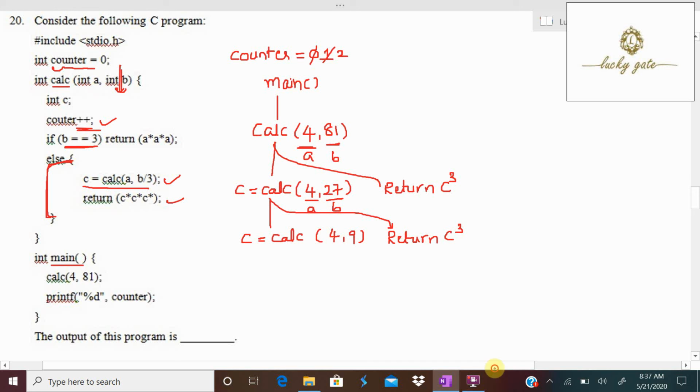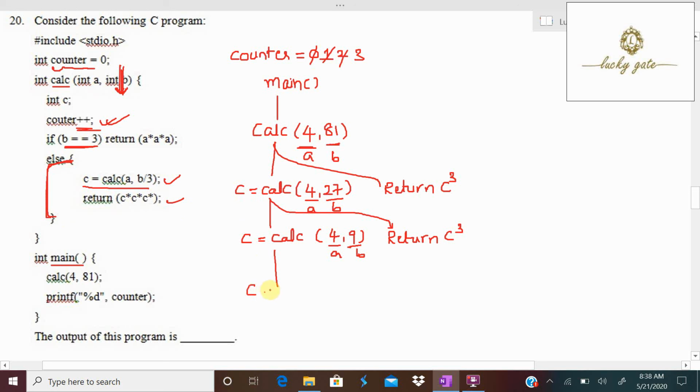Again the value of a is 4 and b is 9. It enters the function call one more time. Now counter is incremented from 2 to 3. Again b equal to 3 is false, so it executes the else part.